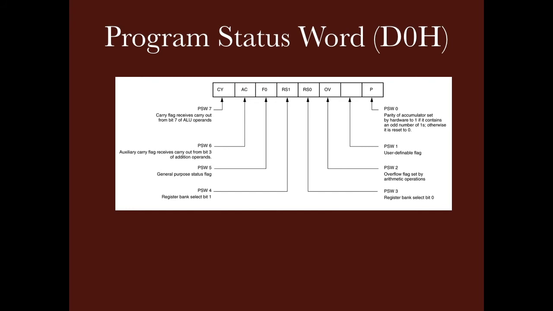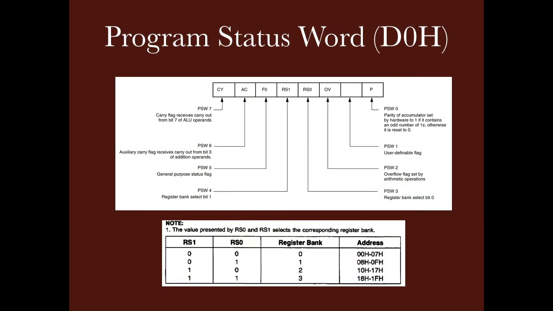So these are the flags which are there in PSW, right? Then we have 2 bits, RS0 and RS1. Basically, they are used to select the register bank. When 00, bank 0 is selected, and so on, right? So RS0 and RS1 select the register banks, the remaining 4 bits are for flags, and the 2 unused bits can be used for user defined flags.